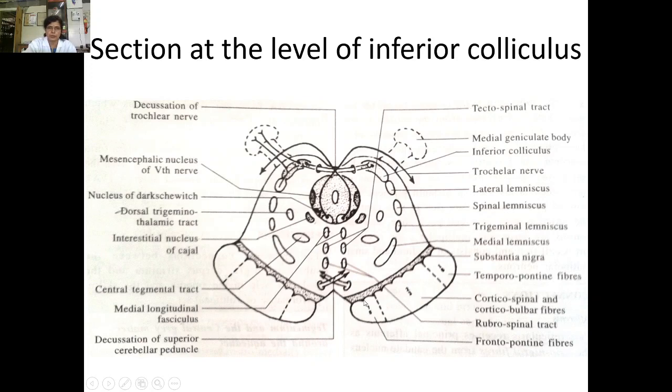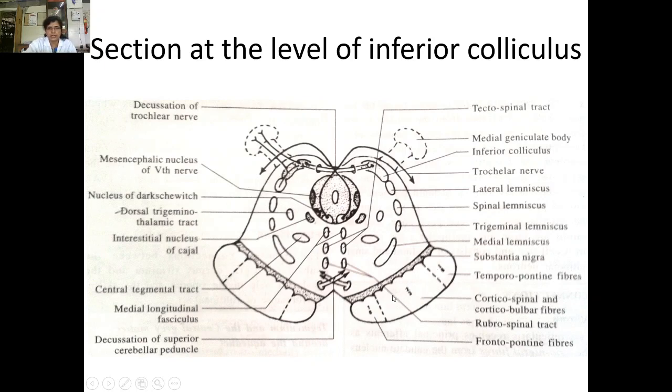Now you know these corticopontine fibers arise in the cerebral cortex and terminate in the pontine nuclei, which are present in the basilar part of the pons. The medial 1/5 is occupied mainly by the frontopontine fibers, and the lateral 1/5 is occupied by the temporopontine fibers and also fibers from the parietal cortex, that is the parietopontine and occipitopontine fibers. This is about the crus cerebri.